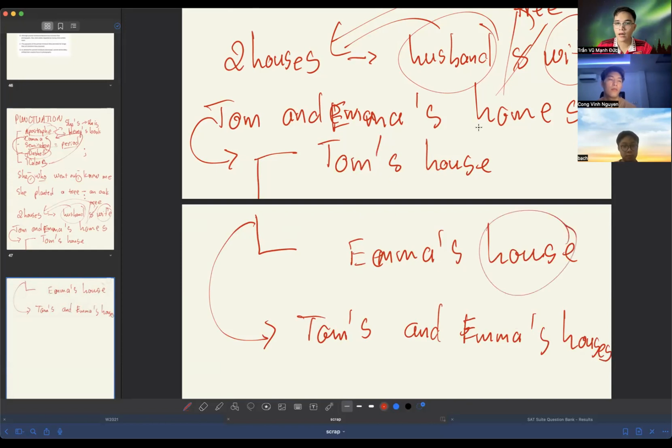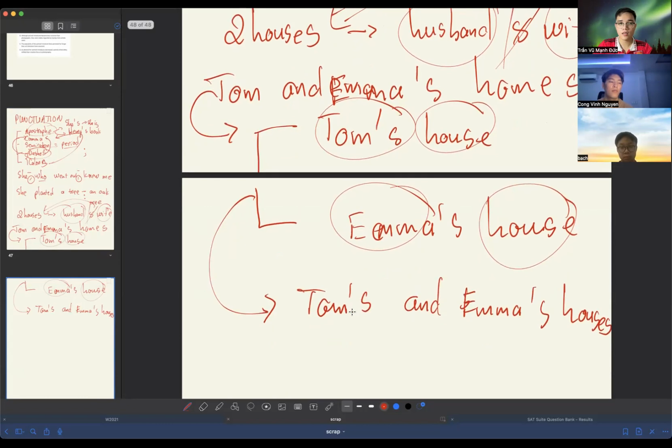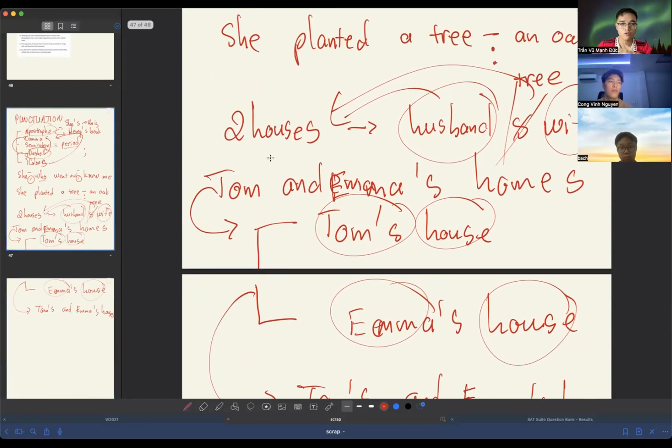Okay. They have two houses, and these people do not share the same house. So I'm going to add an apostrophe to the end of each subject whose ownership is not shared. If I say I have three people and two houses, that's the same thing. It doesn't matter who shares the house with whom, the only thing that matters is whether or not they stay in the same house. This is what we would call a joint